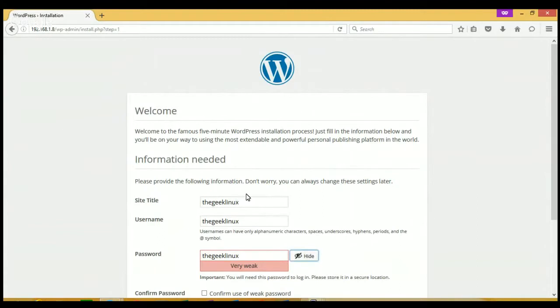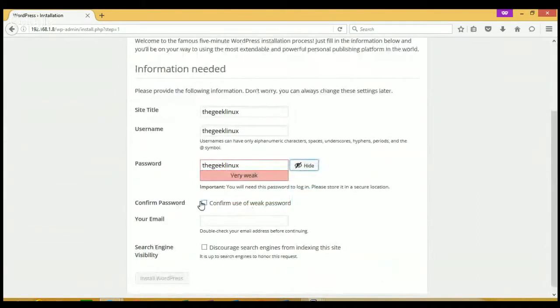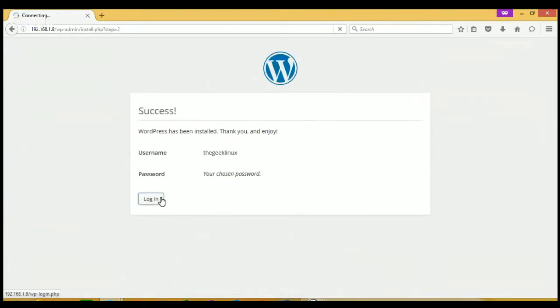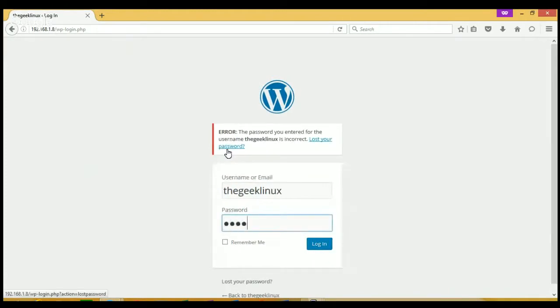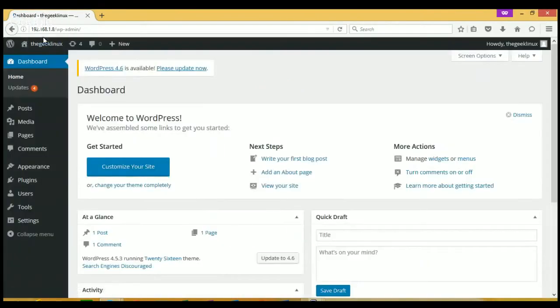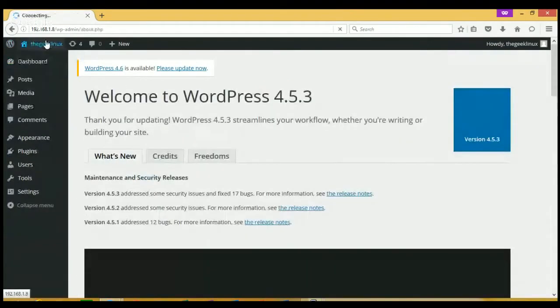It won't ask us for the database, because we already gave the database name in our command, so it will take it directly from that. This is the search engine. Now it's installed. Now we can log into that. Okay, it's installed.